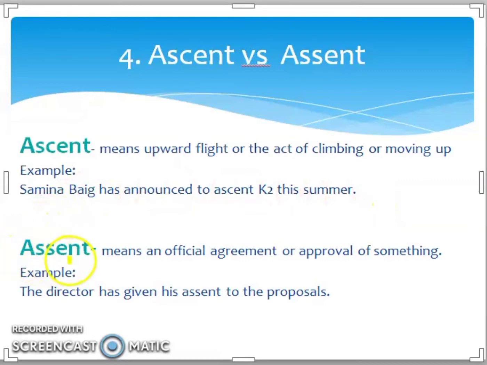The second word, assent, means an official agreement or approval of something. Example: the director has given us his assent to the proposal. So, assent to the proposal means agreed to the proposal, okay? Approved the proposal. Next,